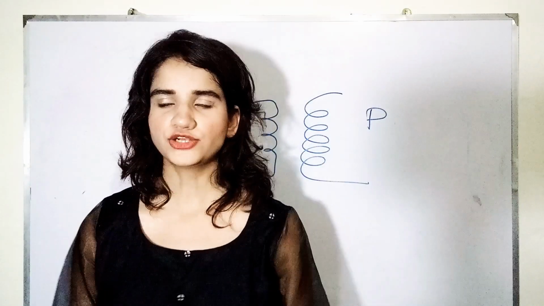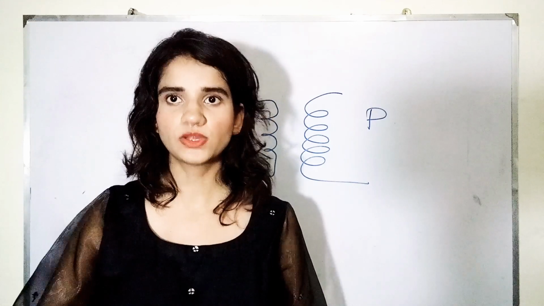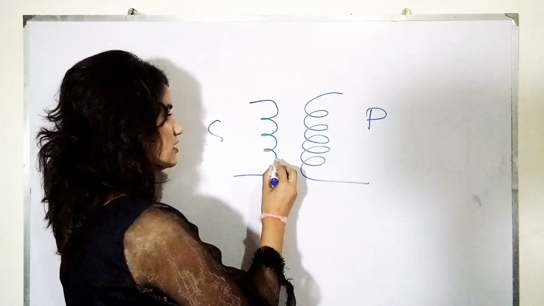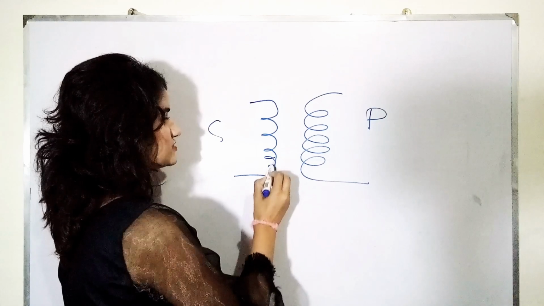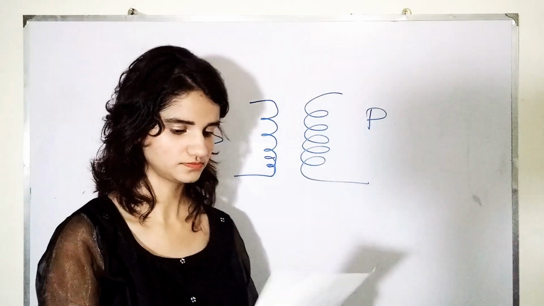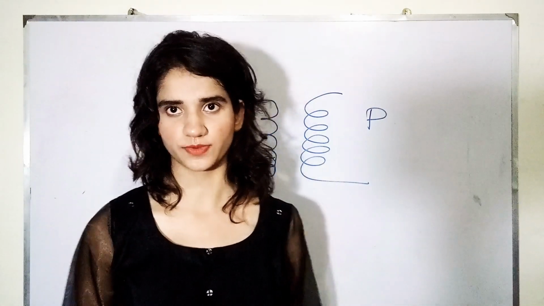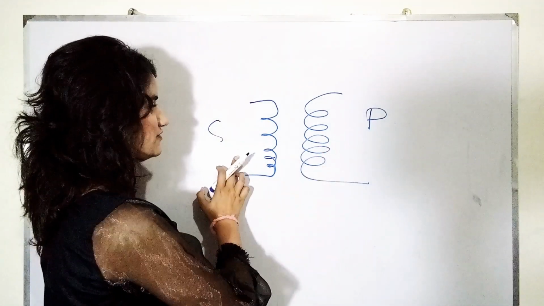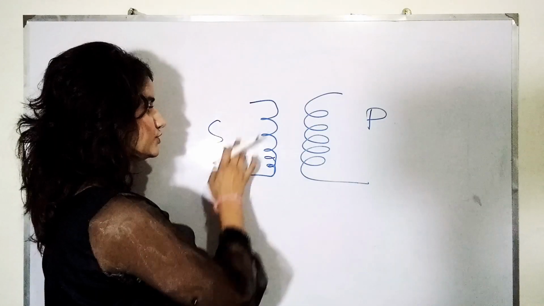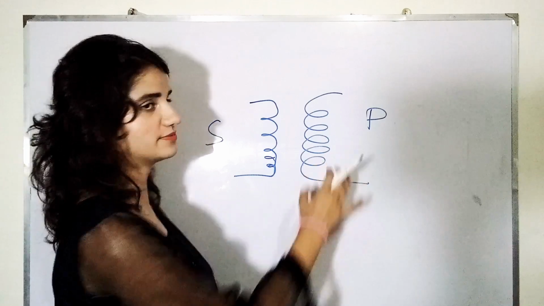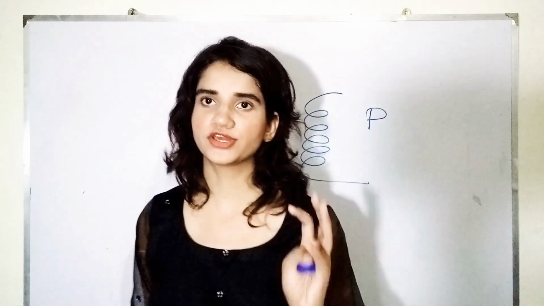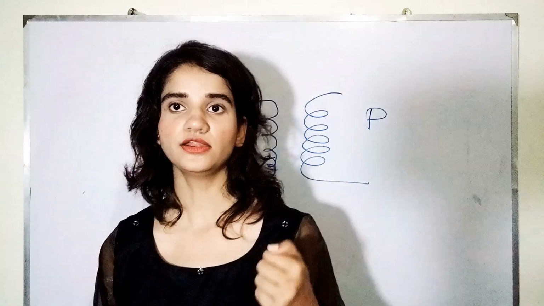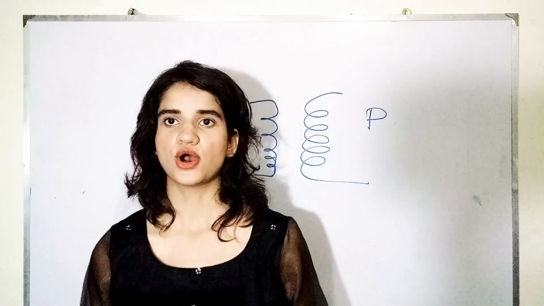Now there is another kind of transformer which gives equal EMF in the primary and secondary coil. That transformer is called an even ratio transformer. 5 turns, 5 turns. The amount of EMF produced on this side would be the same on the other side. So this is how we can alter voltage, and this was the second main and important function of the transformer.